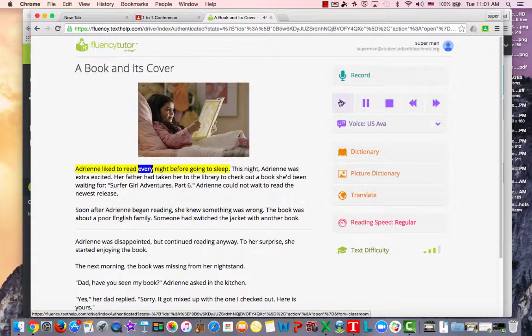Adrian liked to read every night before going to sleep. Adrian liked to. You also have the option of that story being read to the student, and you have with